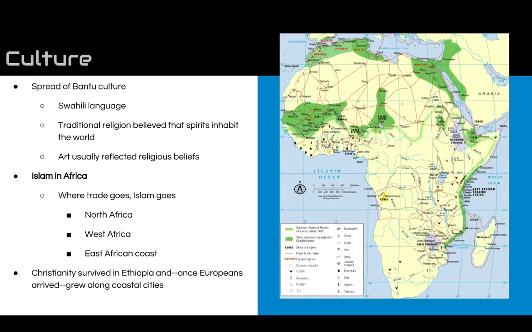Christianity will not yet have a major influence in Africa. Throughout this unit, we will see that along western coastal cities, Christianity will begin to make inroads. And Ethiopia, notwithstanding, is really the only Christian region of Africa in the pre-modern era. And we'll see that change over the next 400 years of our course. But Islam has a very important impact on Africa, especially as a cause for and a result of trade.